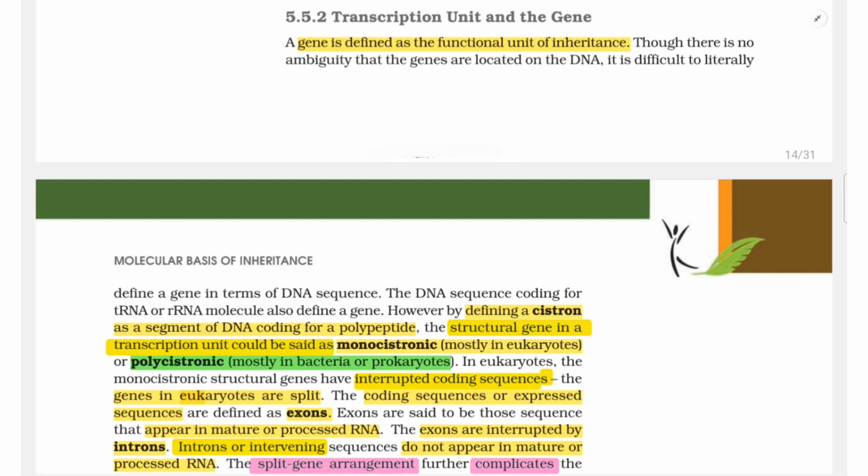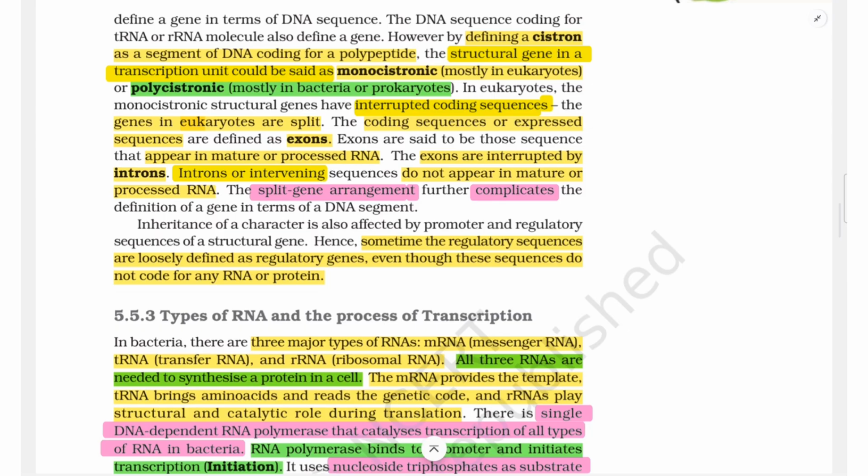5.5.2 Transcription unit and the gene. A gene is defined as the functional unit of inheritance. Though there is no ambiguity that the genes are located on the DNA, it is difficult to literally define a gene in terms of DNA sequence. The DNA sequence coding for tRNA or rRNA molecule also defines a gene. However, by defining a cistron as a segment of DNA coding for a polypeptide,